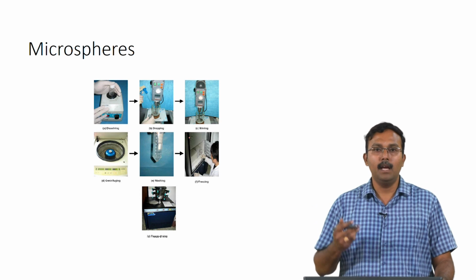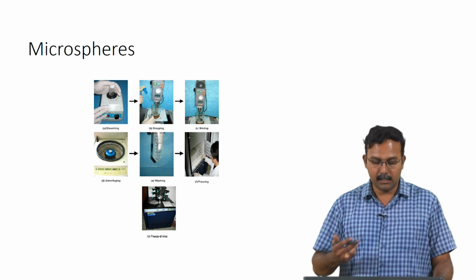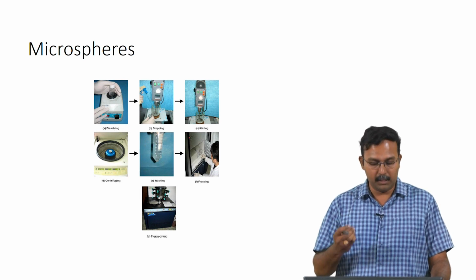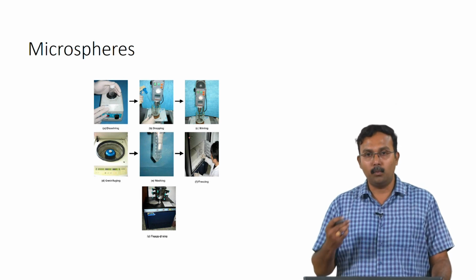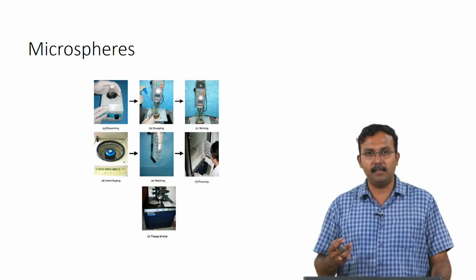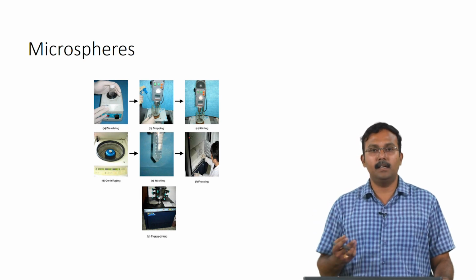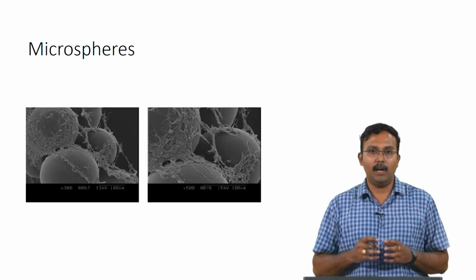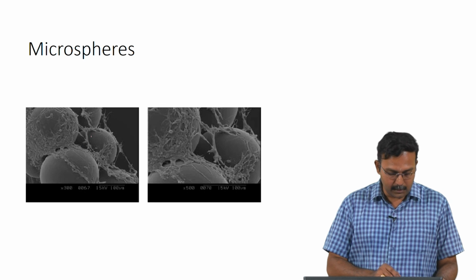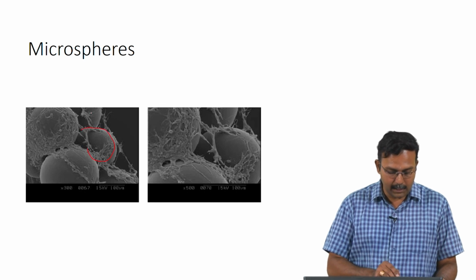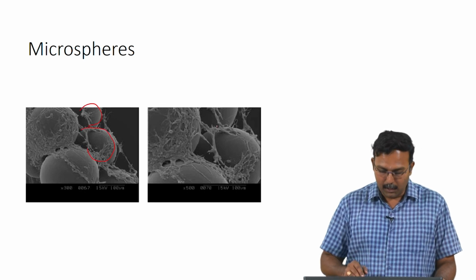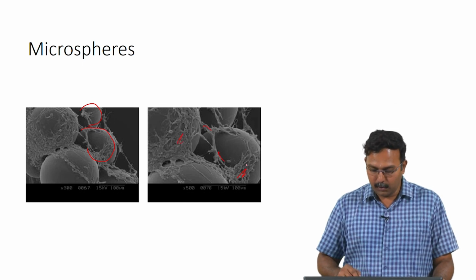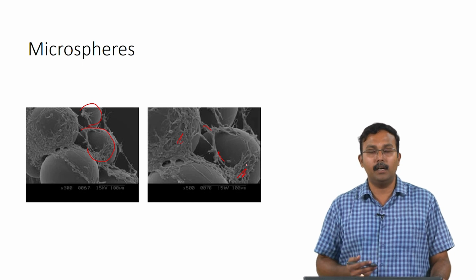syringe pump or something, and then it is mixed, stirred, and then centrifuged to remove these beads, these microspheres, which are washed and then freeze dried. So, these freeze dried microspheres can form structures like this. As you see, these are nice spheres which are present, and you see the cells which have adhered on this as well. These images on the scaffold are actually cells which have adhered to